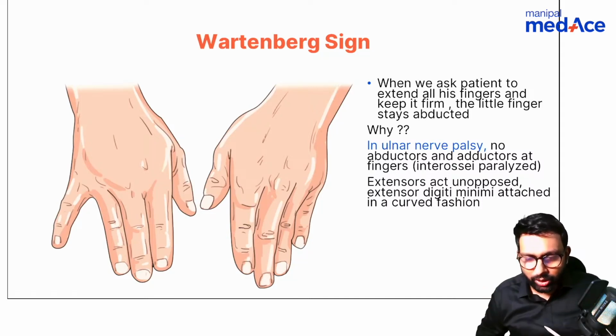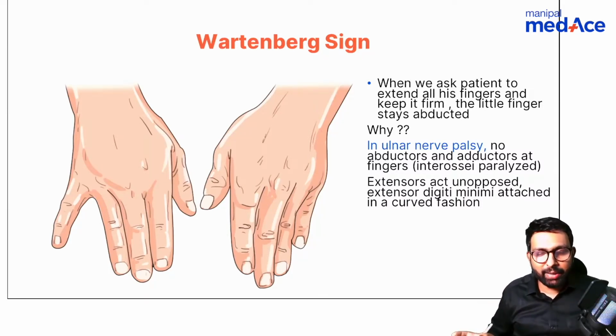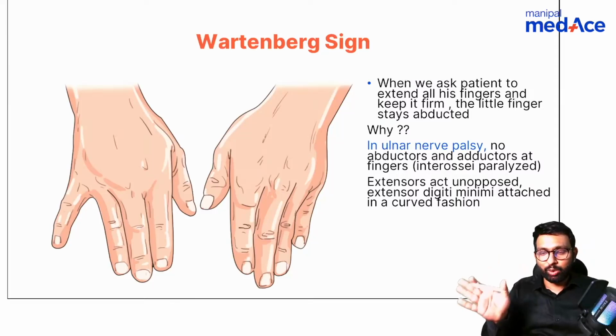Okay, did someone tell me what a Wartenberg syndrome is now, so that you don't get confused? It is an entrapment neuropathy of which nerve? I'll make it easier. Please don't get confused between the two of them. Wartenberg sign is a sign of ulnar nerve injury. Okay. Wartenberg syndrome is an entrapment neuropathy of the